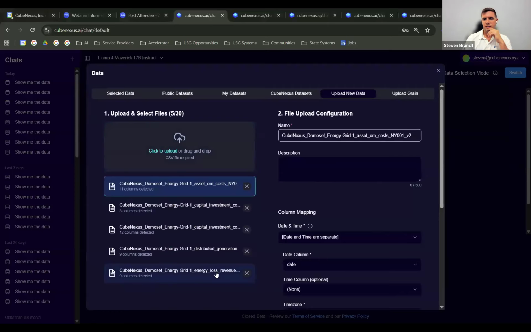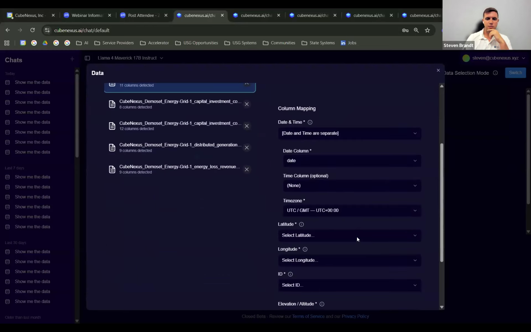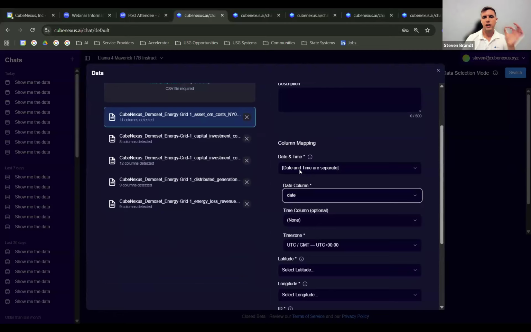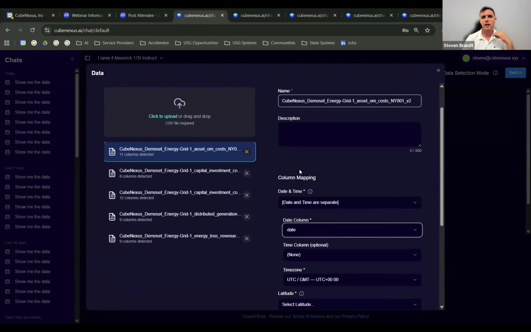I just selected 5 data sets from one of the scenarios that I'll be sharing with you. And there's then basically a wizard. Half of this is automatic, so these will fill in automatically. As you can see, the date column filled in automatically. And this is what allows us to parse the data into the cube-based framework. Basically integrating everything based on time and location in a volumetric way, making all that data instantly AI native and